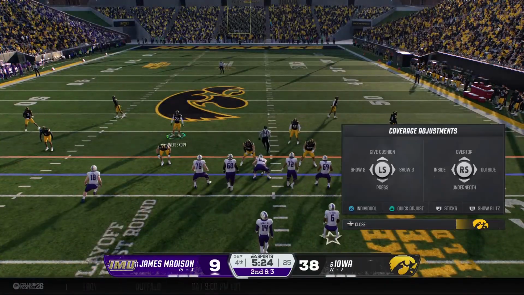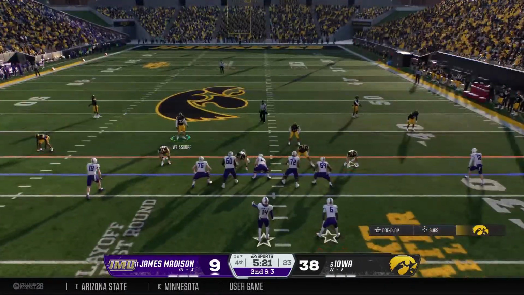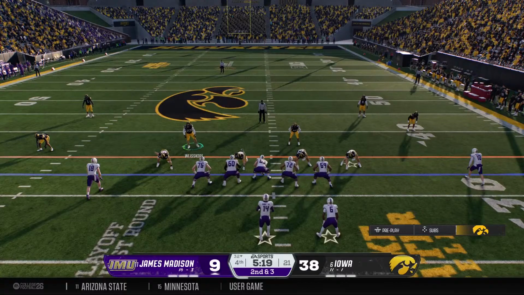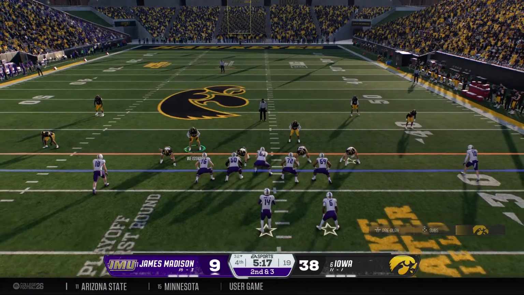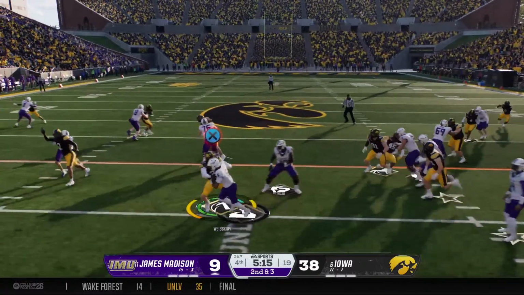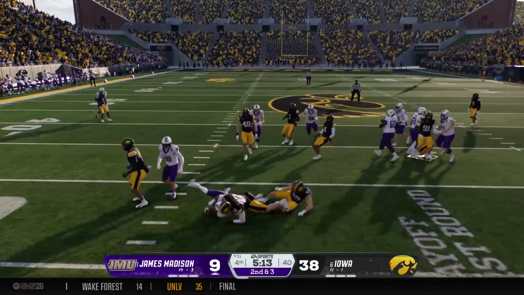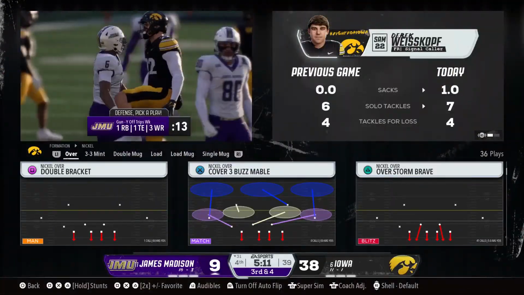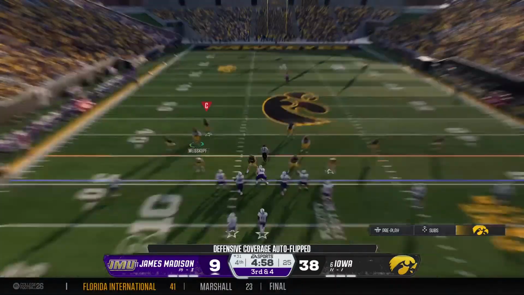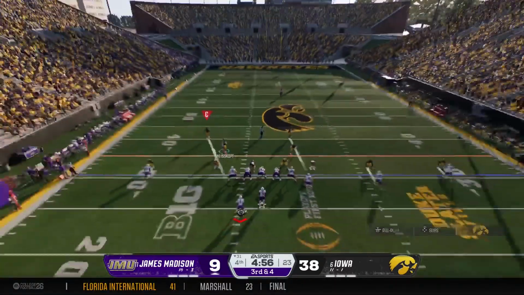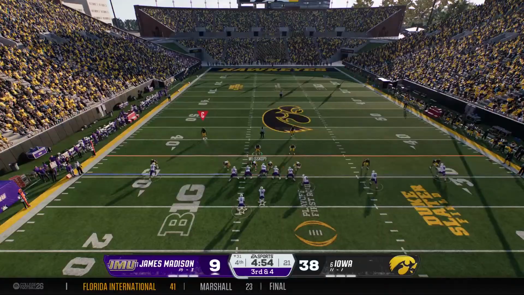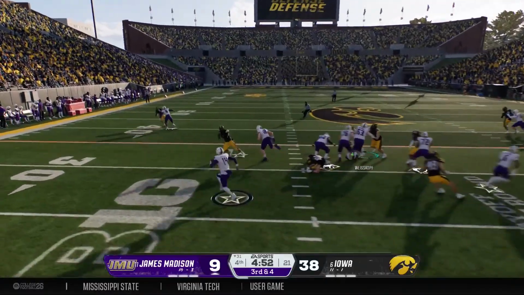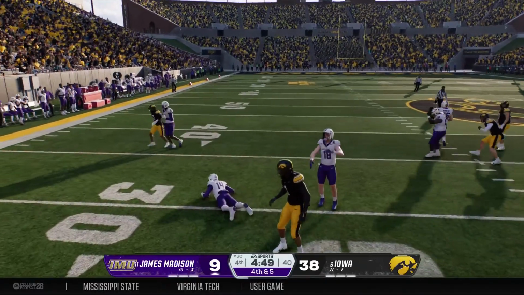I tell you, to be able to pick up a nice gain like that, those offensive linemen have to sustain their blocks. Gave them a chance and a really nice gain. They'll run it. Hand it off to the running back. Slams right into a wall. They got him for a loss. Chris, that has just really been the story of the game. This defense has completely eliminated this offense's ability to run the football, made them one-dimensional, and that's why they haven't been able to put many points on the board.